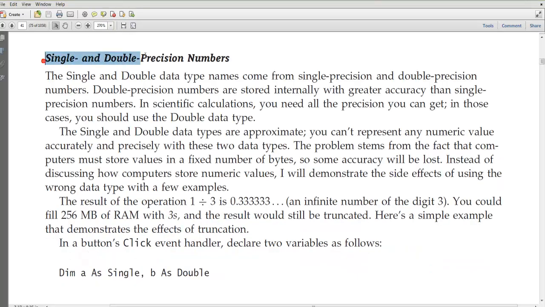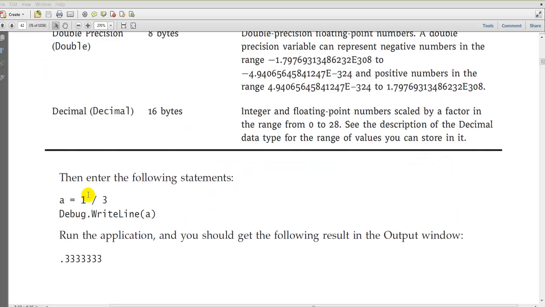So here he's talking about single and double precision numbers. Now in general, if you divide 1 by 3, of course the answer is this, and it doesn't end, right? But of course a computer can't have something that doesn't end. So now he tries to give us an example of the difference between single and double. Suppose we declare A as a single and B as a double. And if we assign this value to A, and then we debug